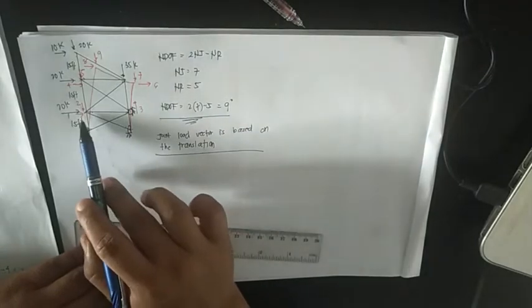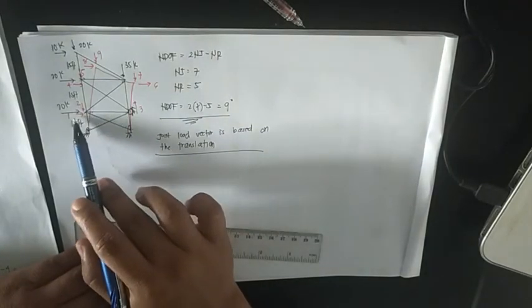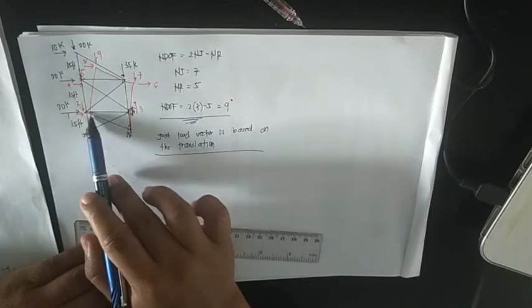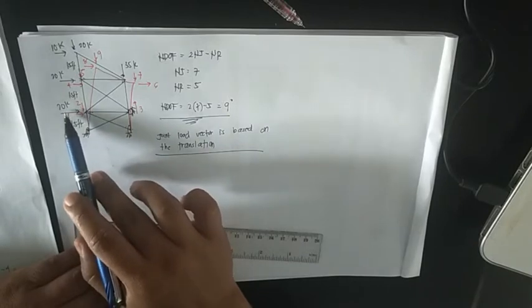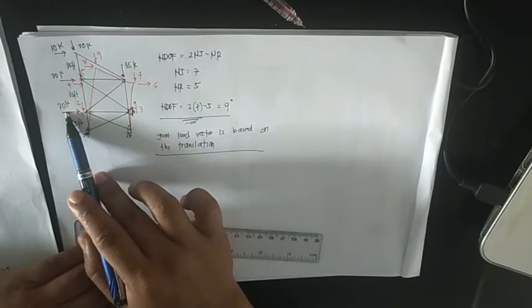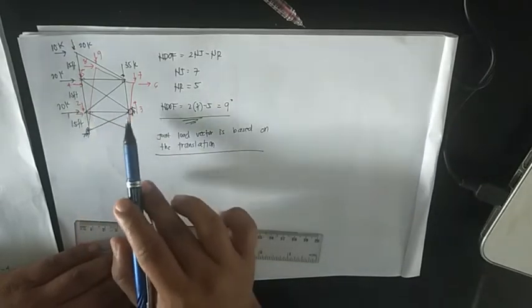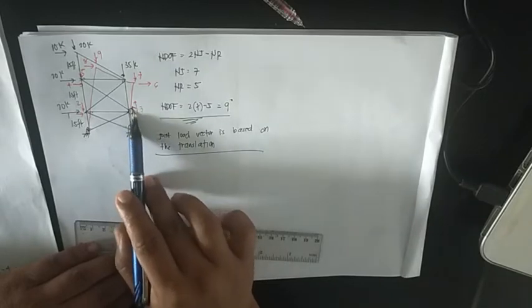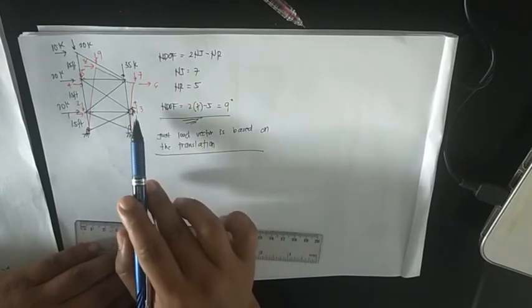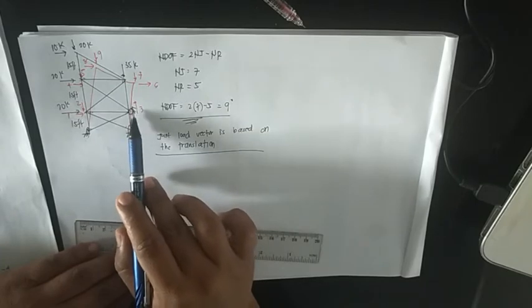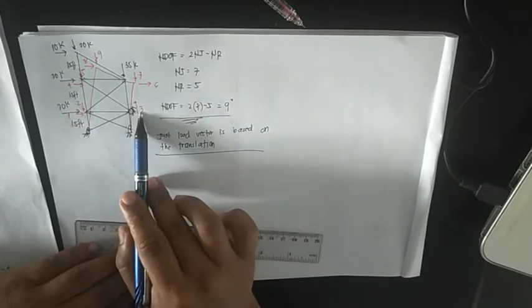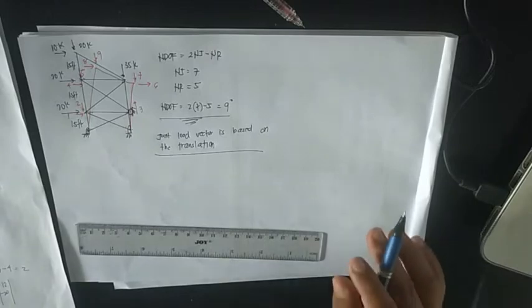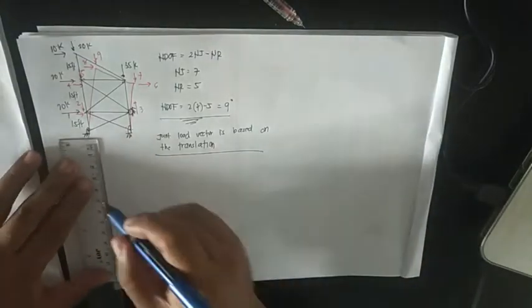The meaning is the reason why at this point there is translation along x is because of the load of 20 kilonewton, 20 kips. The same is true at this point. The reason why this one is moving is because of the joint load 3. Okay? So in reality, if I draw that one,